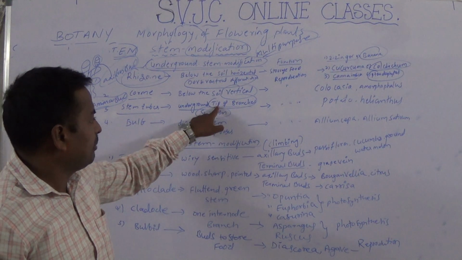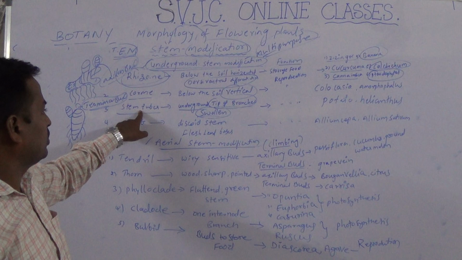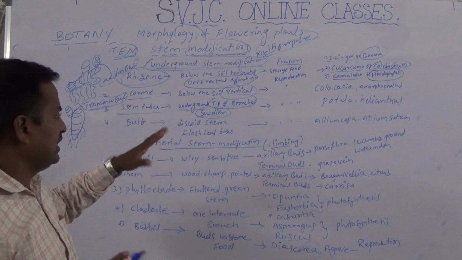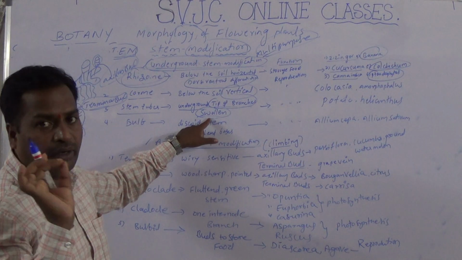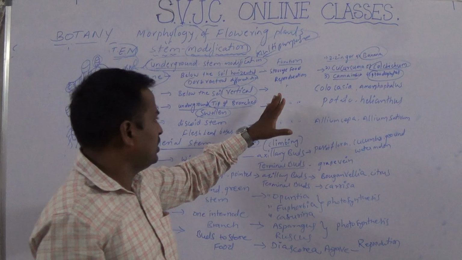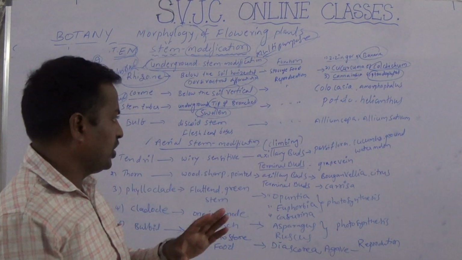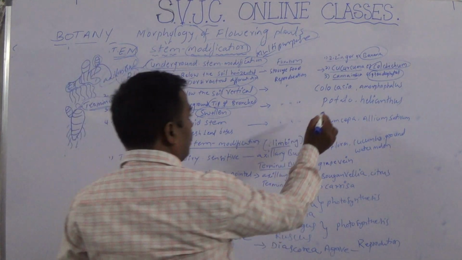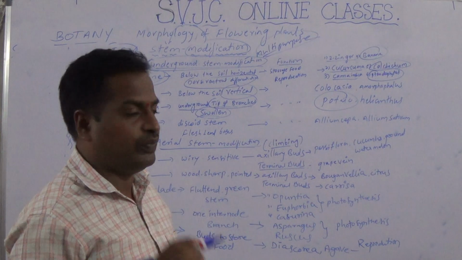Solid. Why are the tips of branches solid? Due to the storage of the food, it is called stem tuber. So the definition is very important, easy, but it is the tip of branches only that becomes solid. Tip of branches only become solid to form stem tubers, and the function is the same. Storage of the food, reproduction and protection. Example, potato. You know potato family, Solanaceae family.